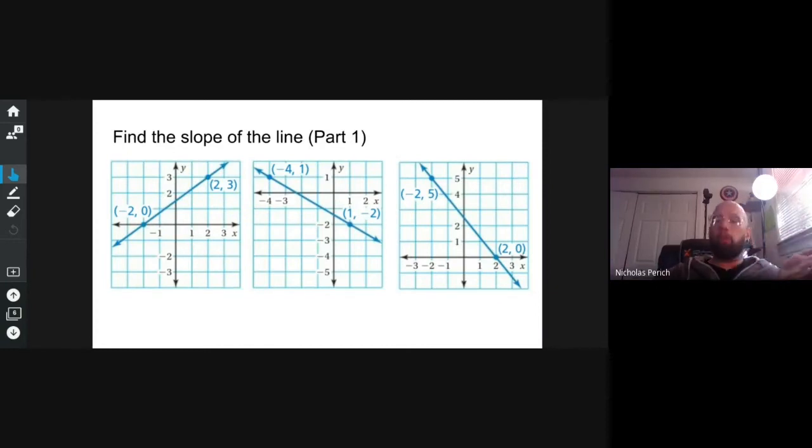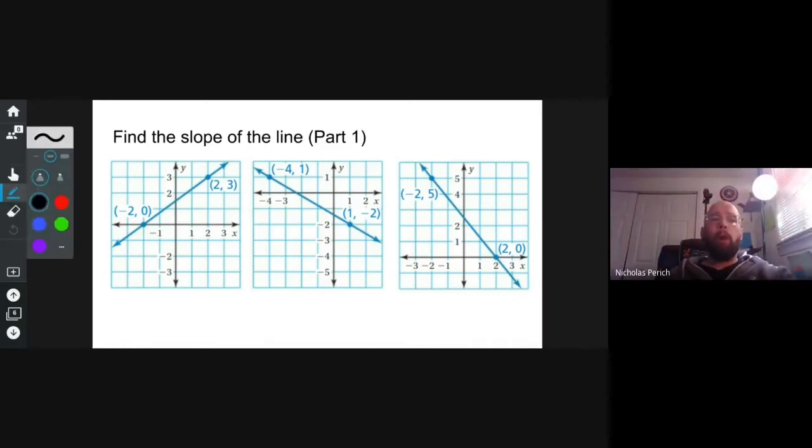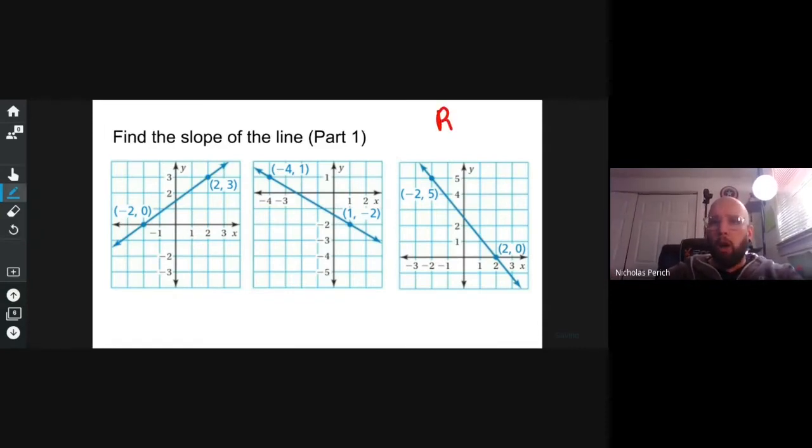So what I do is I pick 2 points. After I pick 2 points, I determine if it's positive or negative, and then I literally count 1, 2, 3, 4 over 1, 2, 3, 4, and I write that number over that number. Okay, so step 1, find 2 points. And let me just remind you over here, slope is rise